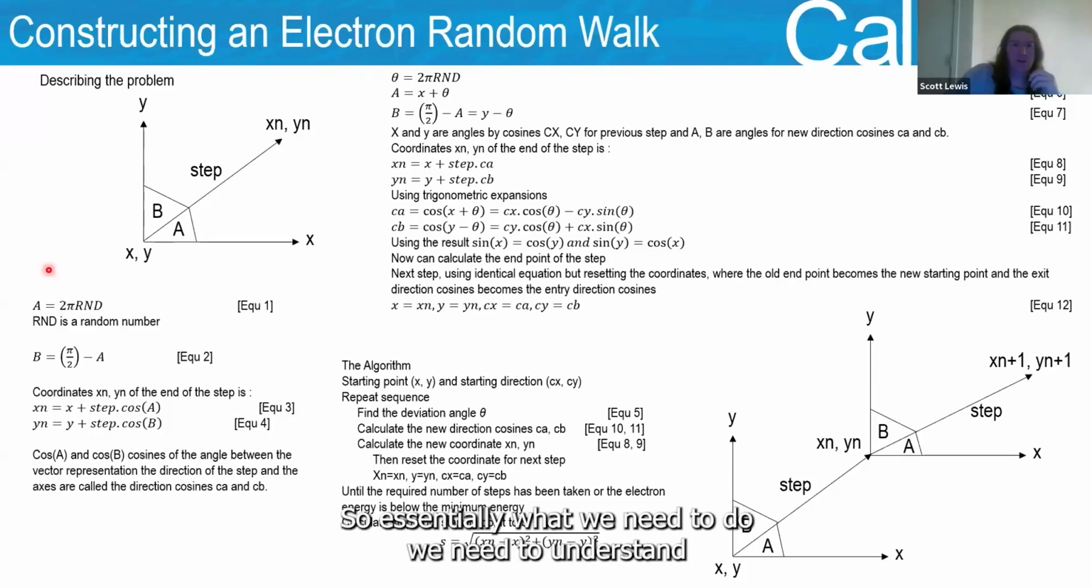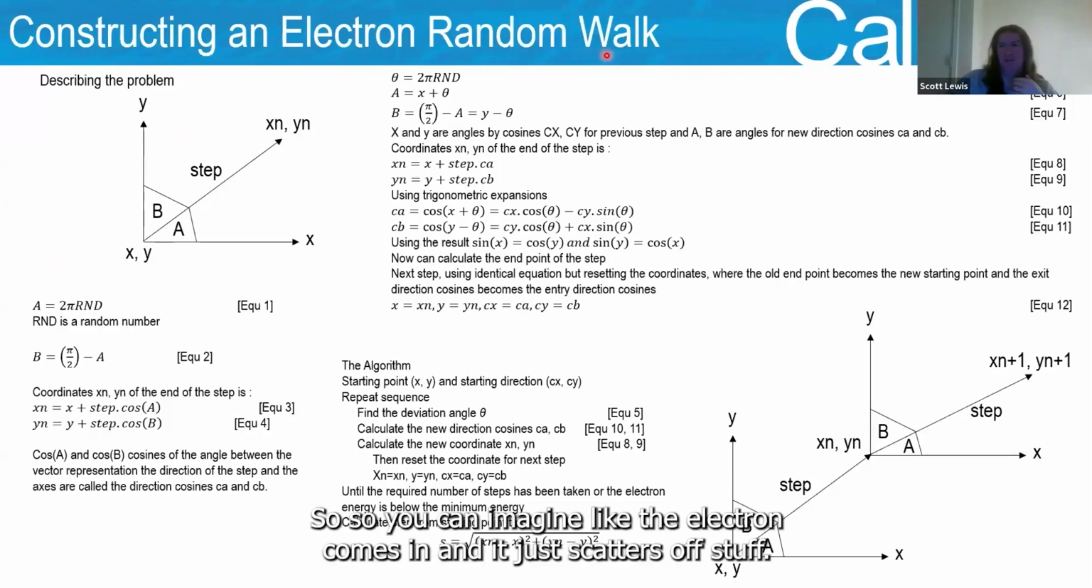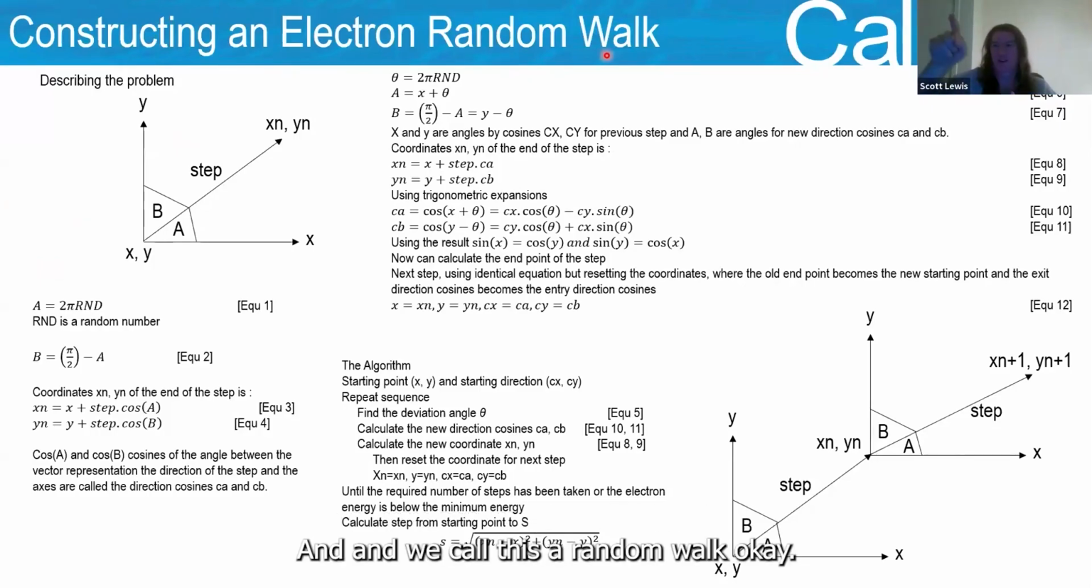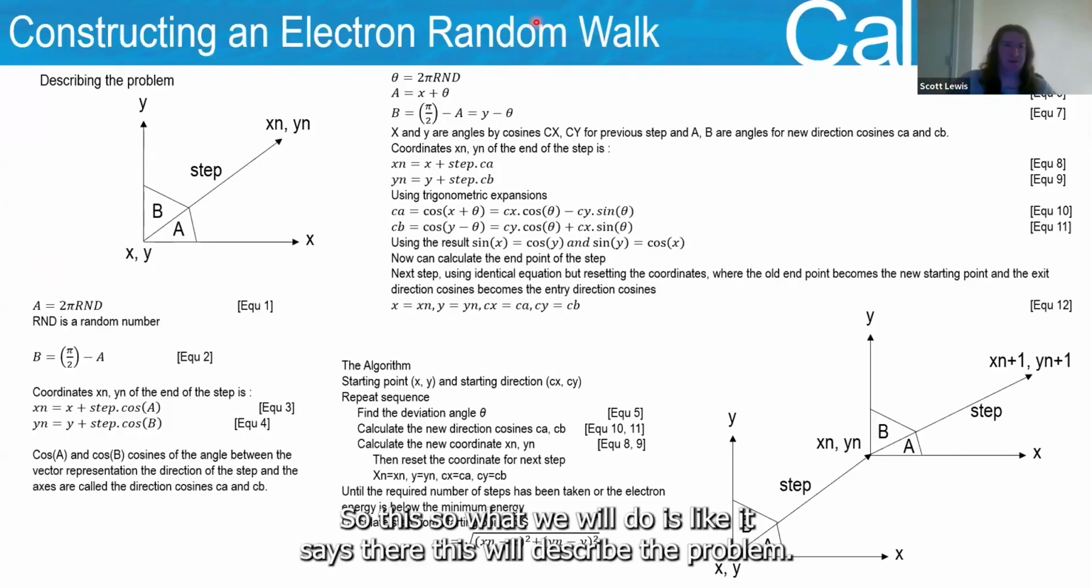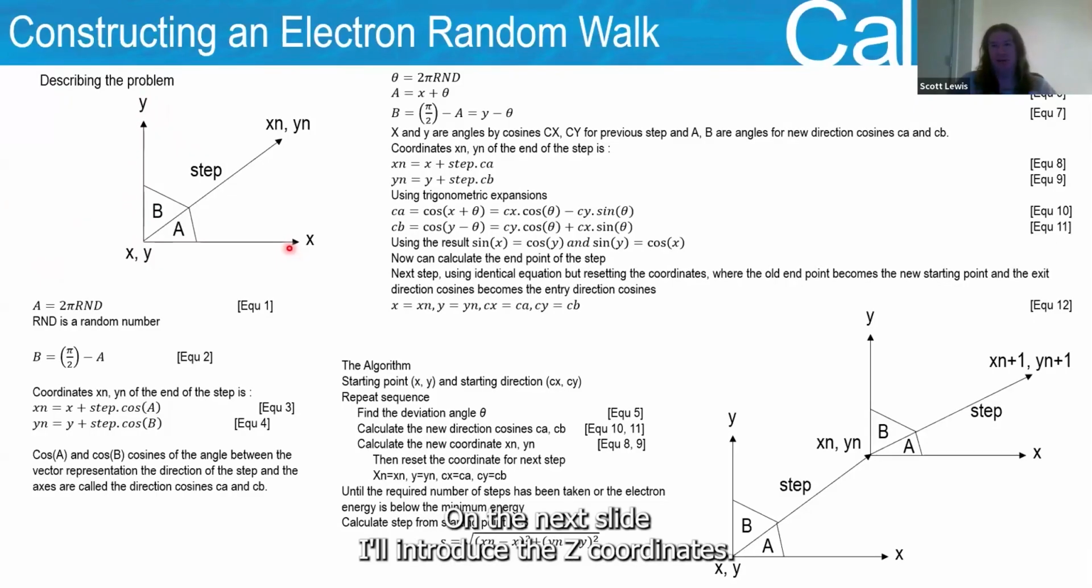So essentially what we need to do is understand what an electron random walk is, okay? You can imagine the electron comes in and it just scatters off stuff, and we call this a random walk. So what we will do is, like it says there, we'll describe the problem. In this case it's two-dimensional, the way I'm putting this, but in reality, it's three. On the next slide, I'll introduce the Z coordinate so you can see how we